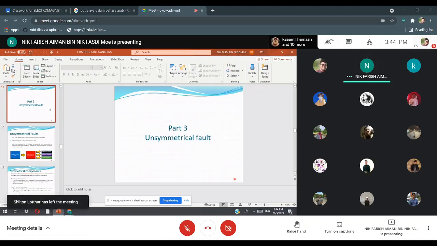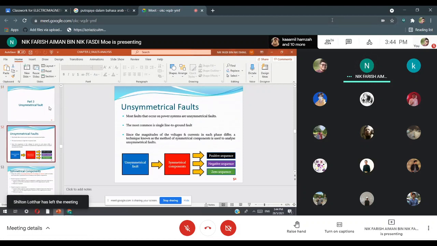Two types, symmetrical and unsymmetrical. For the unsymmetrical components, in order to analyze the elements of the unsymmetrical, we have to make it symmetrical. Kita kena ada some kind of relationship between unsymmetrical and symmetrical components. In the symmetrical components, we have positive sequence, negative sequence, and zero sequence. So in order to make this become balanced, we need to have these three sequences: